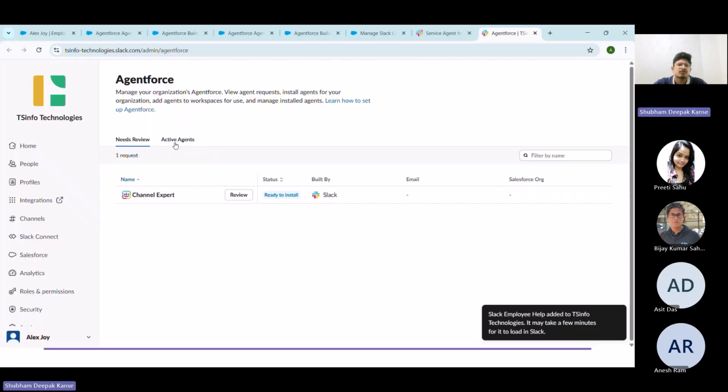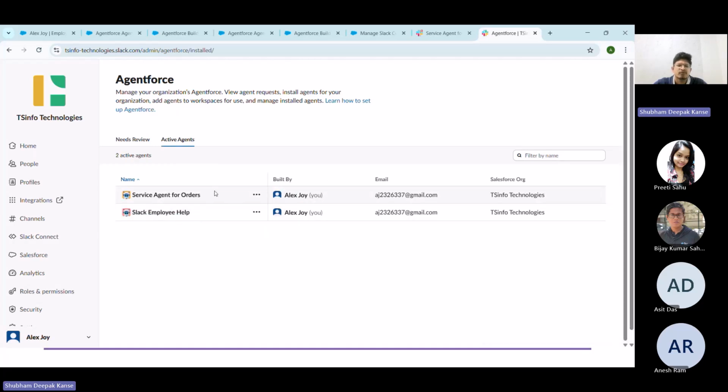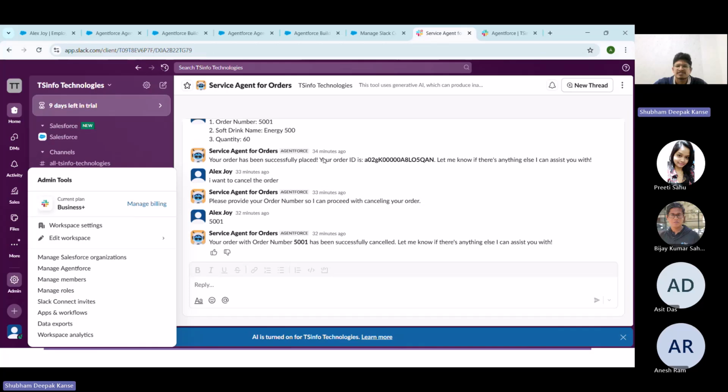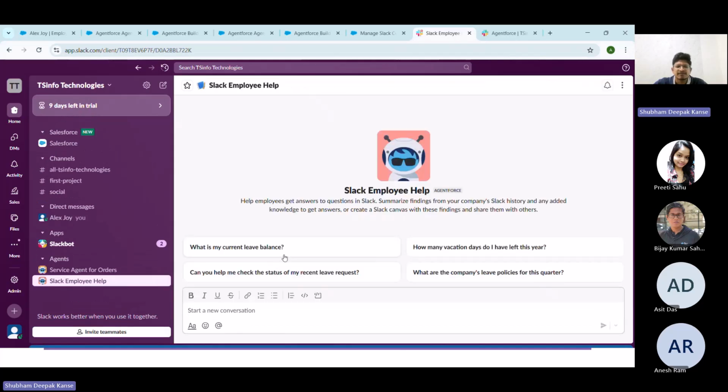And then as I go to these active agents, here you will see both the agents that we have deployed. The first one is the service agent and another one is Slack employee help. So now let's use this agent. So for that, again, as I navigate back over the Slack workspace, there you can see the Slack employee help. As I click on it,